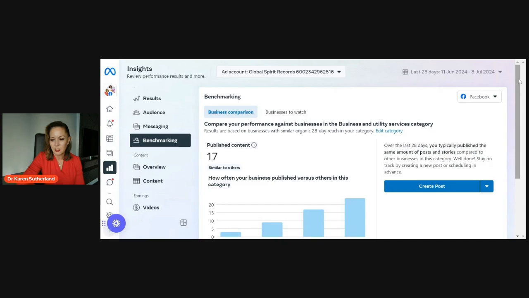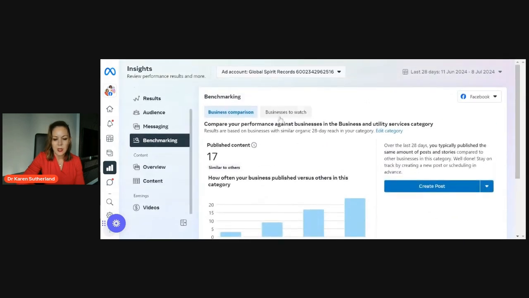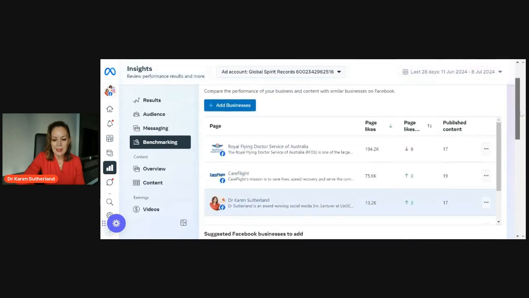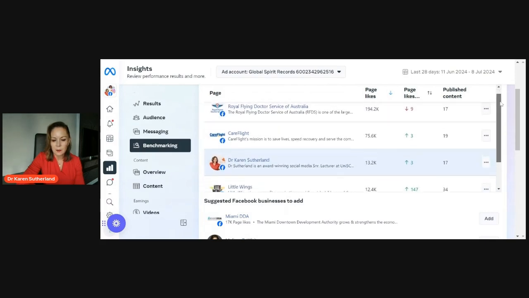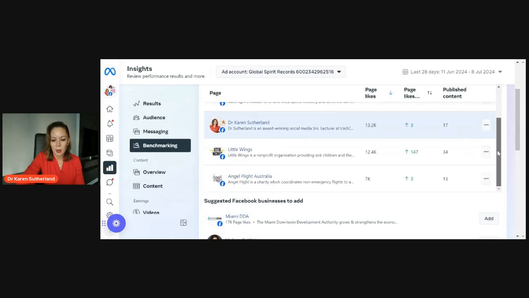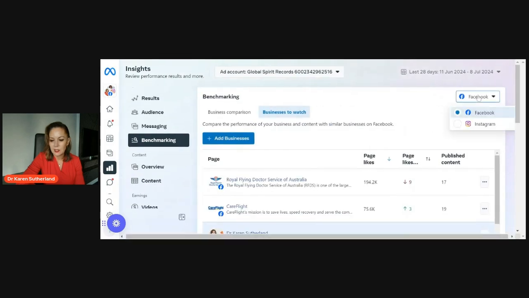It shows you how you're performing against other businesses like yours, but you can add in different companies and organizations to see how you're performing against them in terms of your following and how many times you're posting, which is great. And you can do it for both Facebook and Instagram.